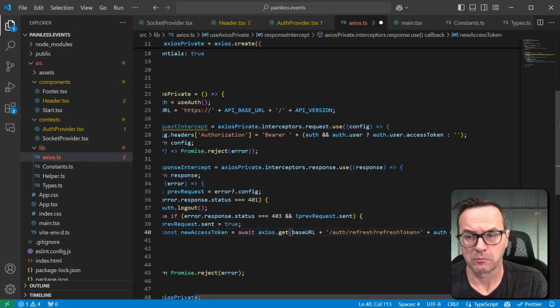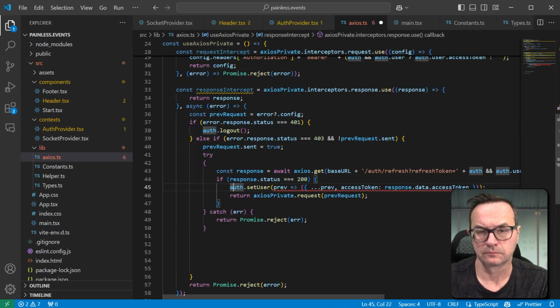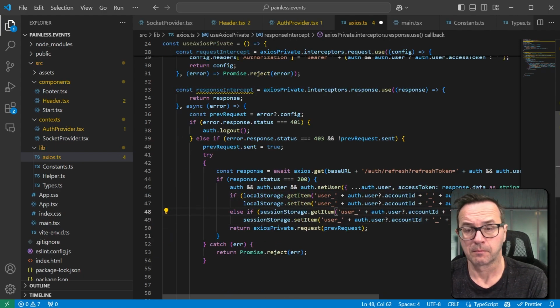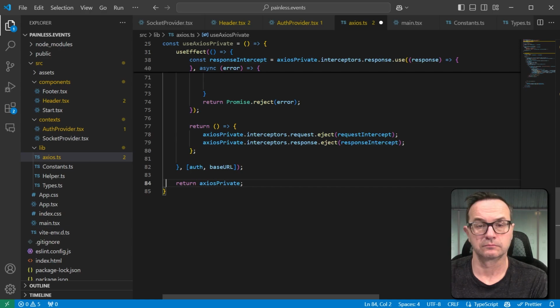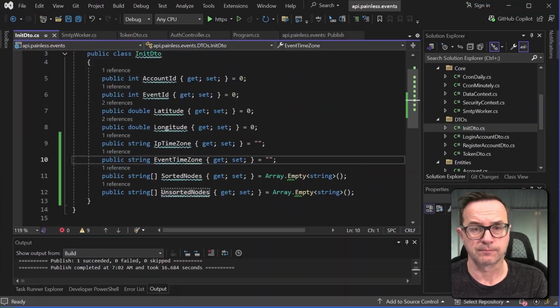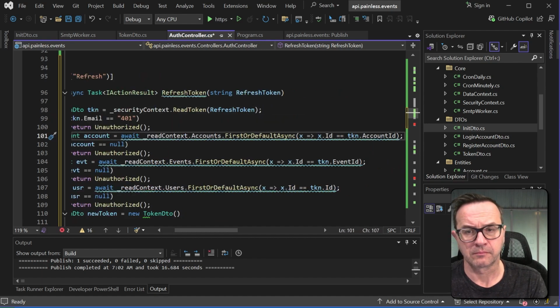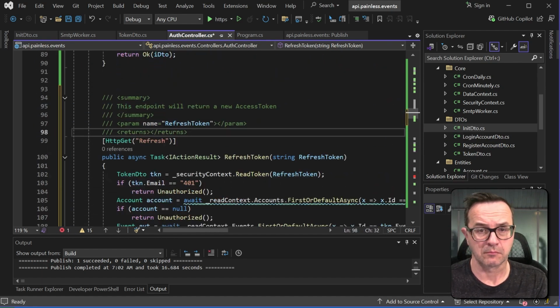The hook useAxiosPrivate will have a request interceptor in case it receives a 401 access error. This interceptor will then make a call to the refresh endpoint to get a new access token before trying the original call again. This should work all seamlessly behind the scenes. So naturally, it is now time to create the refresh endpoint in the Web API project. This endpoint will be called a lot depending on your expiry window of the access token, so it's important to